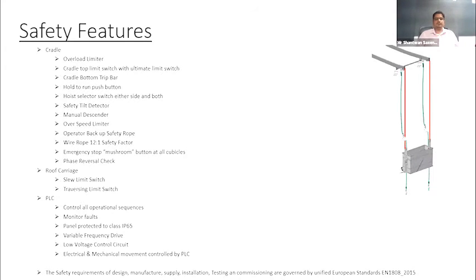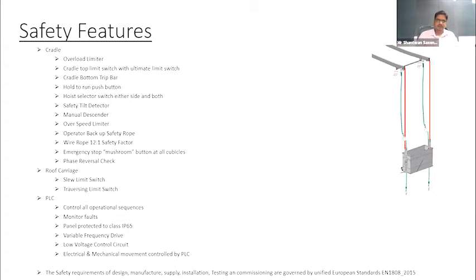Coming to the safety features of the equipment. It is all as per the EN standard, which is basically the Bible for our suspended access equipment. In the cradle, we have different safety features like overload limiter, cradle top limit switch and ultimate limit switch, cradle bottom trip bar, and a push-to-run, hold-to-run push button, so that it doesn't accidentally get pushed and